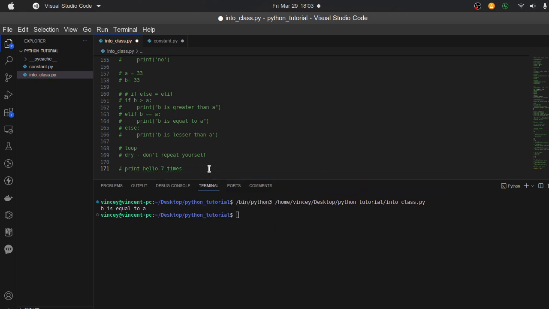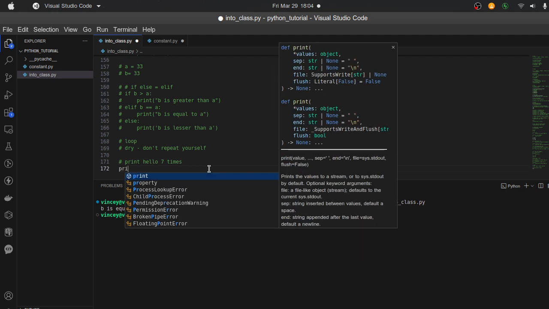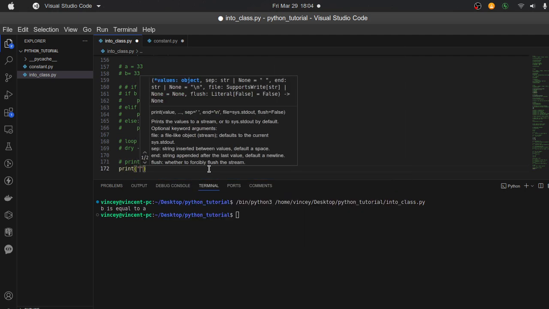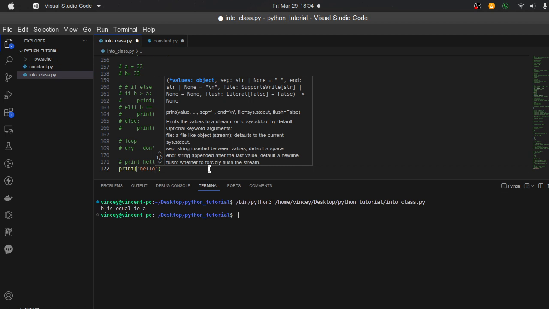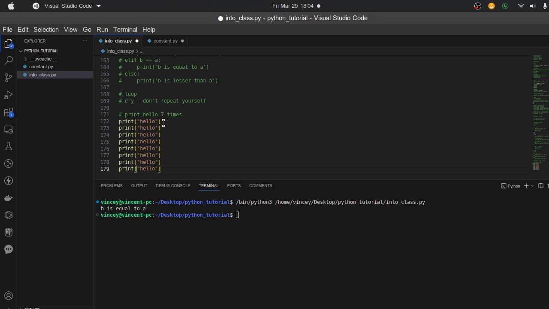I know up until now, if someone should ask you, you'll probably do something like this: print hello, and you write it 7 times, right? 1, 2, 3, 4, 5, 6, 7, and you run it and tell the person that I printed hello 7 times, right? This is actually not a perfect way to write code, because you are writing the same thing,